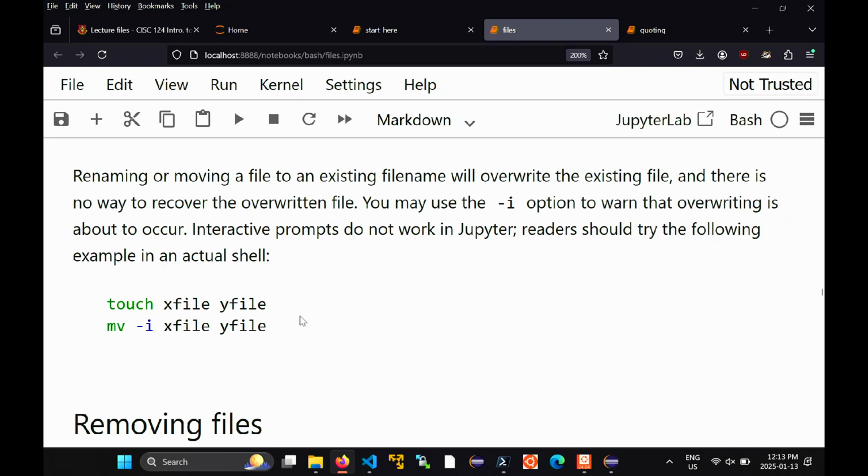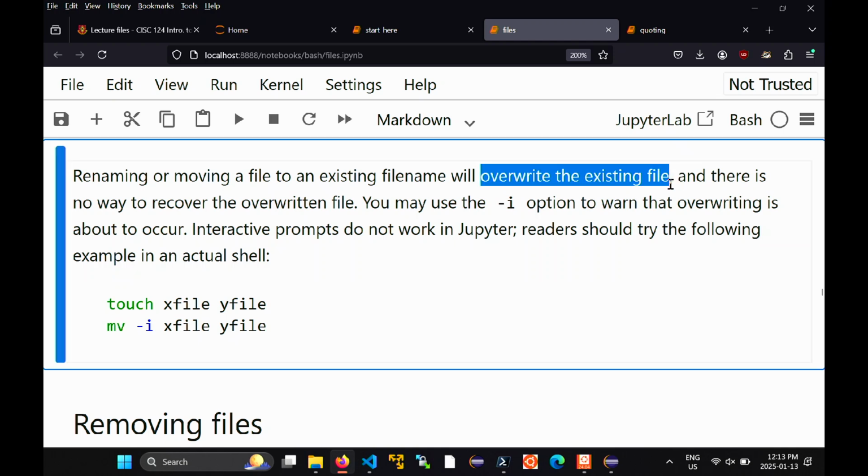Okay, so again, if you rename a file so that the new name of the file is equal to the name of an existing file, the existing file gets overwritten by the file that you just renamed. So renaming or moving a file to an existing file name will overwrite the existing file. In Unix, there is no way to recover the overwritten file. For people new to the command line,